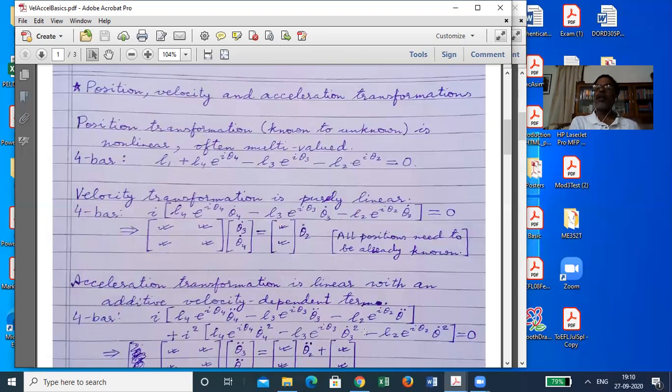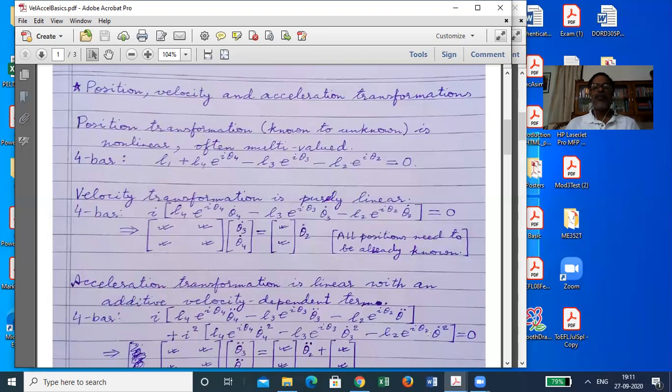for one input acceleration, if you find one output acceleration, for a second input acceleration, if you find a second output acceleration, then a linear combination of input accelerations will not exactly provide the same linear combination of the output accelerations. In that sense, this is not purely linear. Mathematicians use a very hi-fi word called affine. So this has an affine kind of nature with an additive constant term. For acceleration transformation, I am treating it as a constant, but actually it will be dependent on positions and velocities.